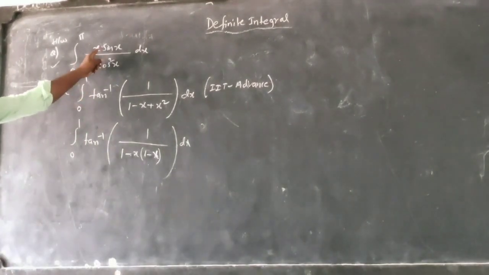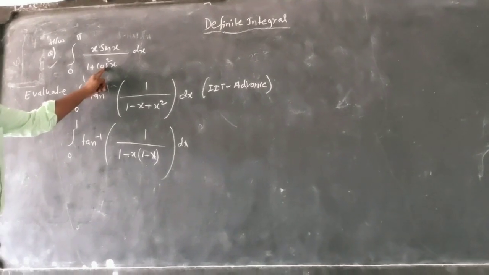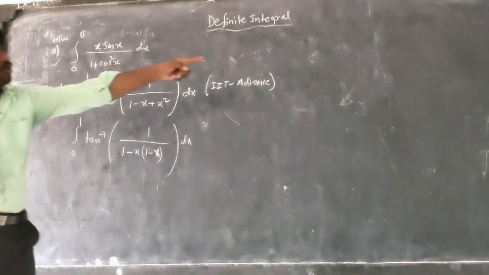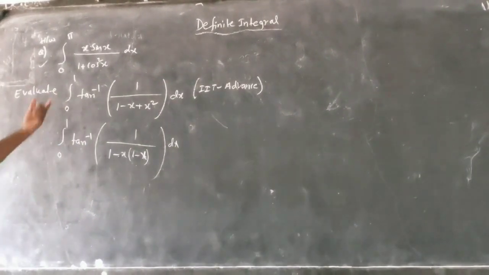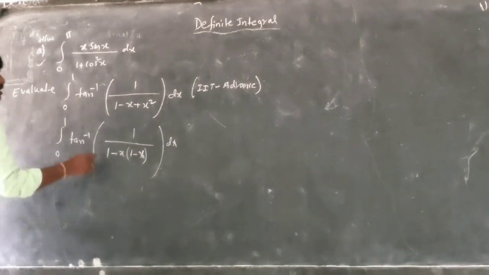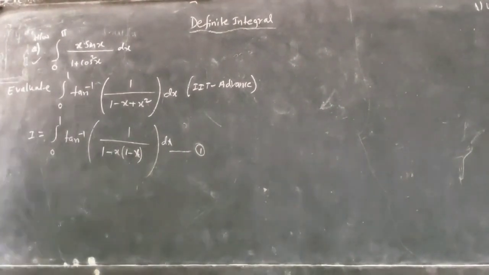And this one, let us come to this one. Why I was saying here x into, see this x into function upon 1 plus function square. See here is x into function you got. So I told you the rules, x into function, all this, if you have, you can use the King's rule. So now here also you can apply the King rule now. I consider this is equation number 1, I is equal to, this is equation number 1.